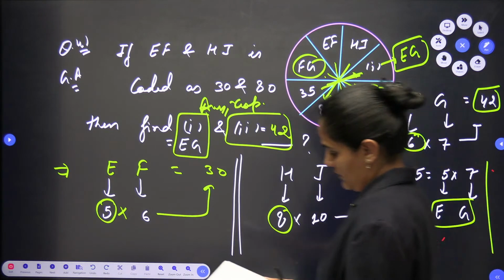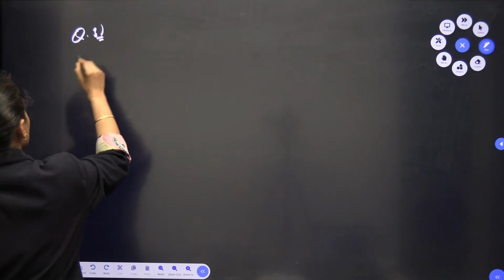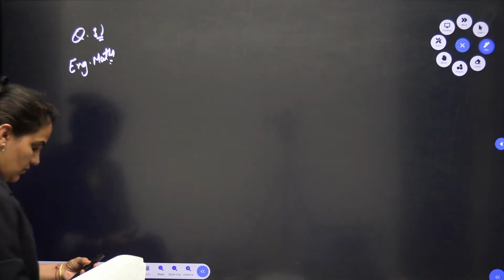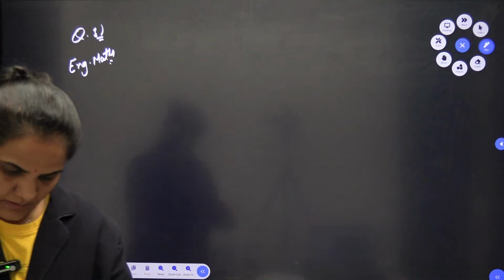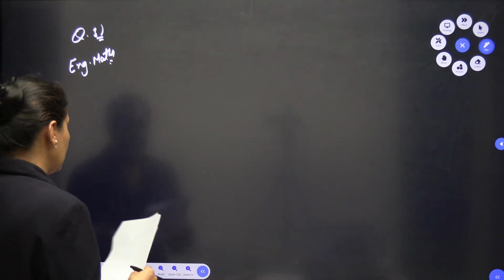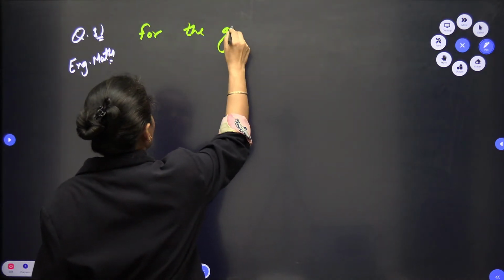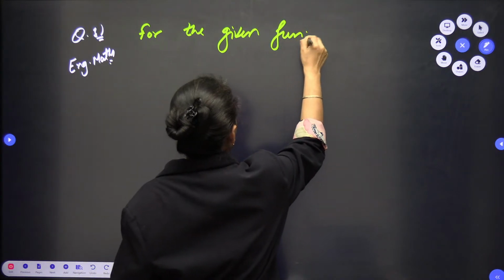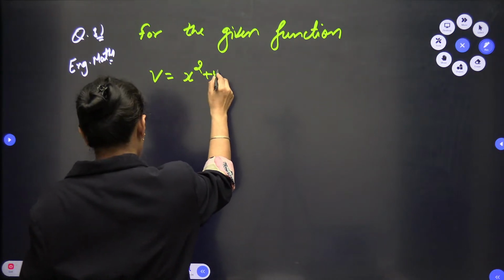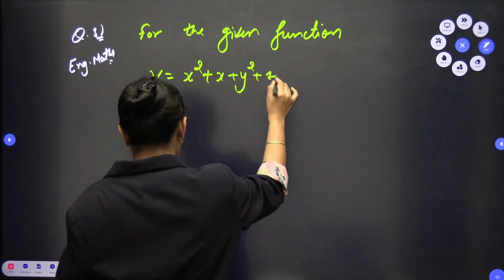All right, and now we are having the questions from engineering mathematics. So the very first question of engineering maths, let's see what question we are having. This is a question from the directional derivative, vector calculus. For the given function v, which is x square plus x plus y square plus 1,